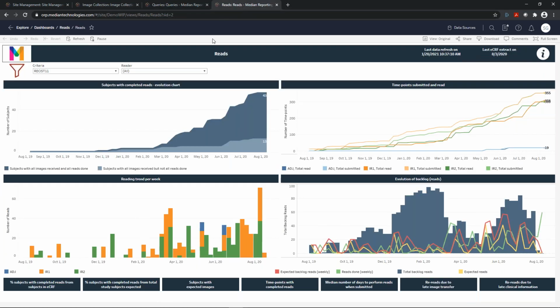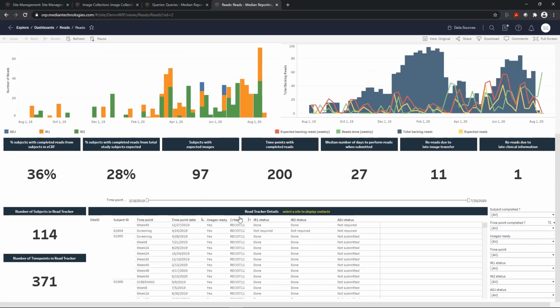Okay, good question. So today we don't yet have a page 100% dedicated to the management of interim analysis, but it's quite useful to go in the RITS page, and you can do a tracker especially dedicated to your interim analysis. So the first task you will do is to define the cutoff date for acquisition.